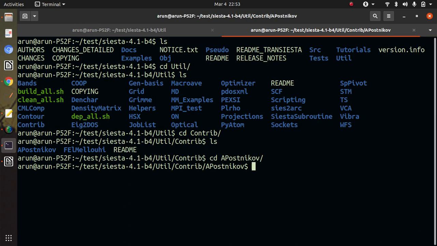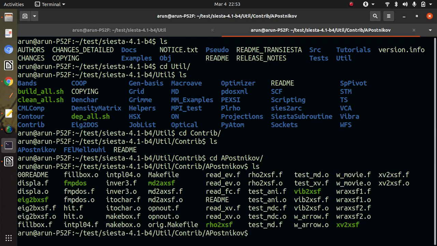I have already compiled all these utilities. Say here EIG to BXSF, FMP DOS, MD to AXSF, RO to AXSF, BIP to XSF, and XP to XSF. I am going to talk about these two utilities here. XP to XSF is used to convert a file from XP to XSF format so that we can visualize that output in XCrystal.